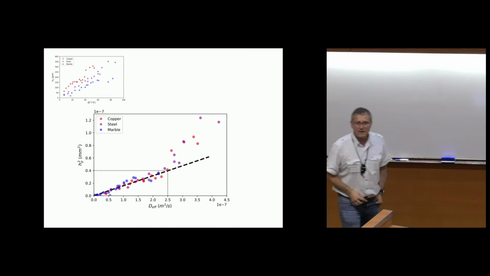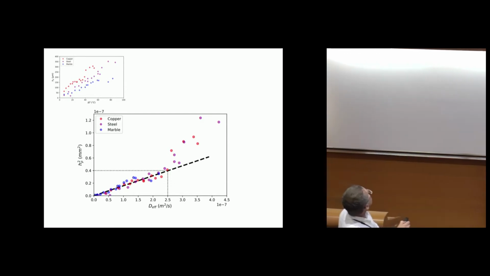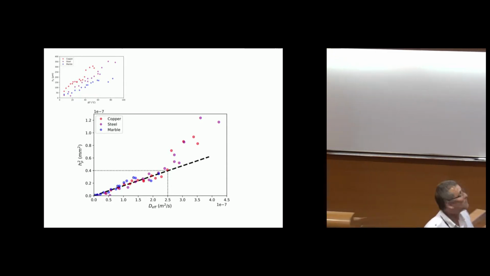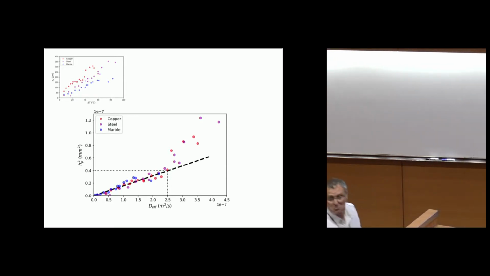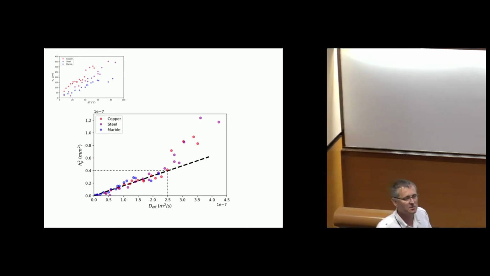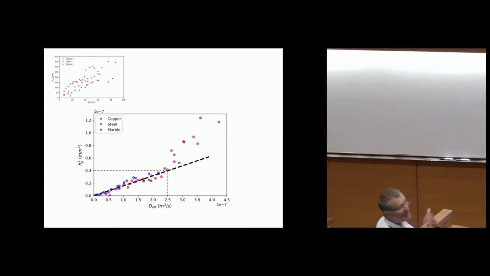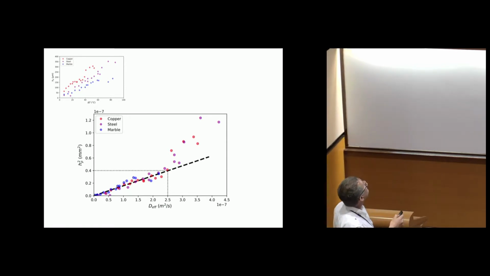Okay, so let's come back to our problem. You remember we measured some dependence of HP as a function of delta t for different substrates. And we observed these curves, and we were happy with them because they were intuitive. They were increasing as the temperature difference was increasing, and they were increasing as the substrate was more conducting of heat. But what is interesting is to compute HP squared.